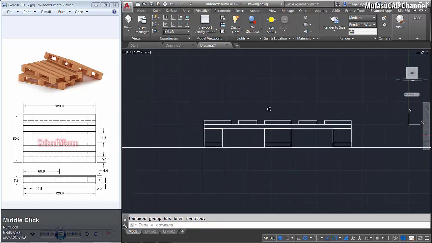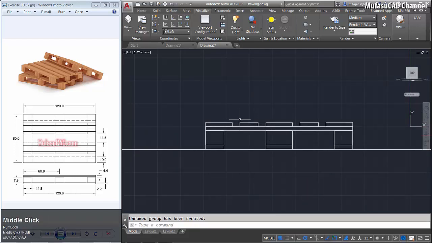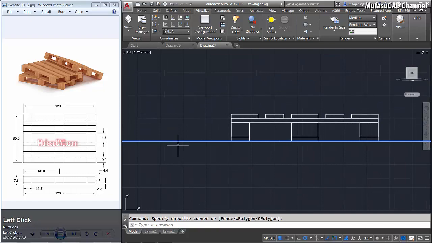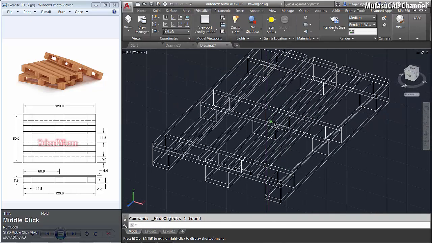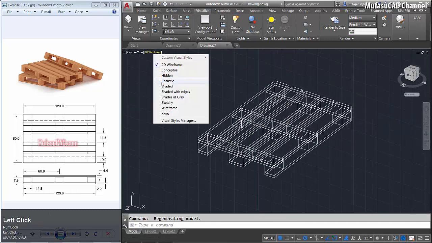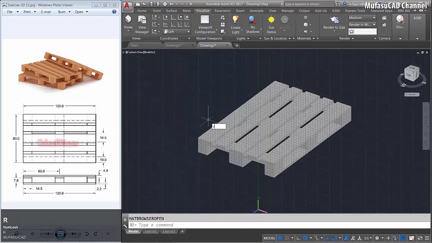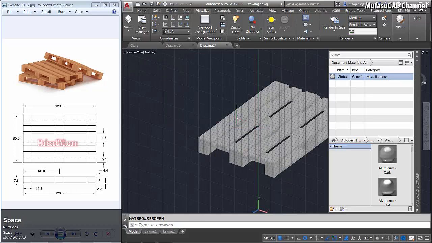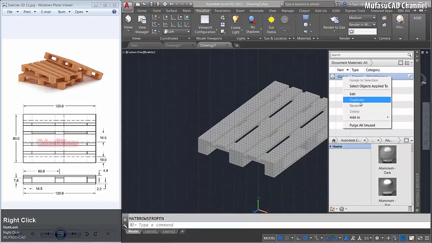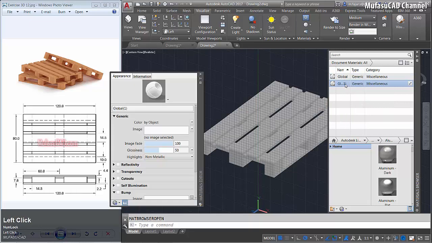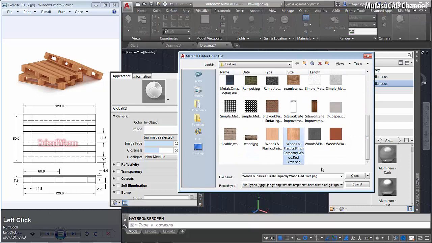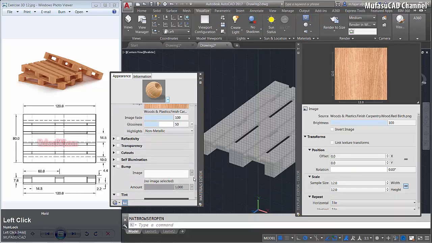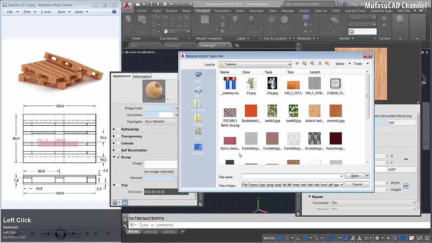Okay, next I will apply material to the object. First I will select this plane surface, right click, isolate and hide object. I will rotate the object here and change to the realistic view. Type RMAT to open the material browser and right click in global material, duplicate. I will click here twice and select the image. I will use this wood image, open, and I will use a bump here and use the image here, we open,